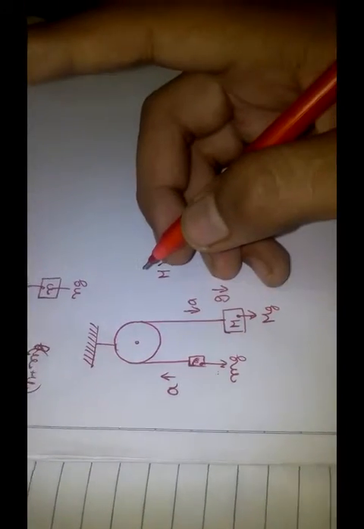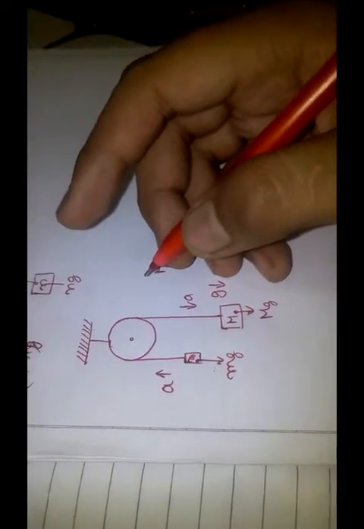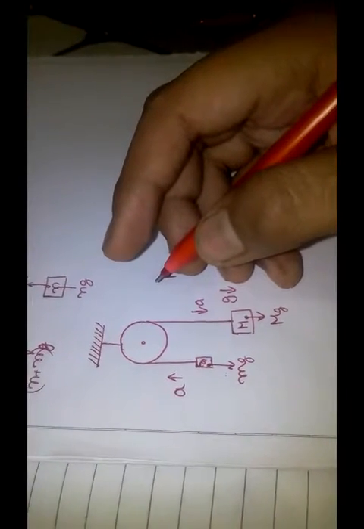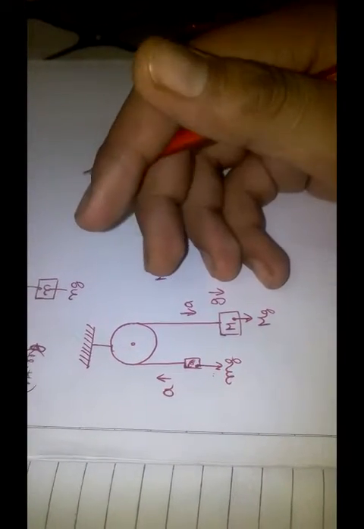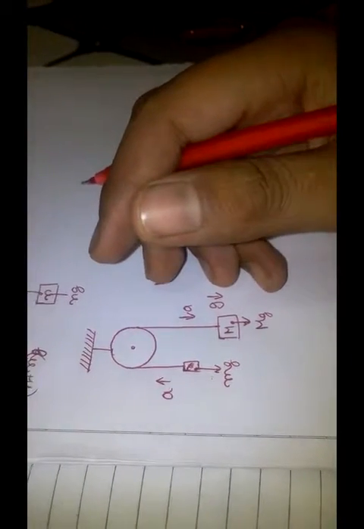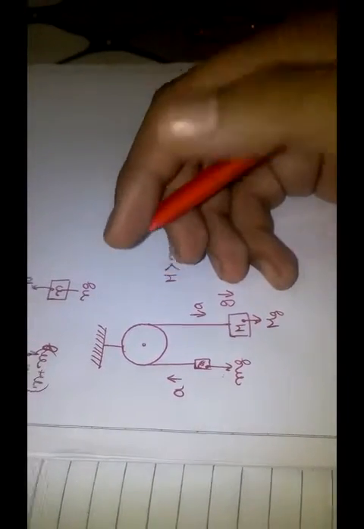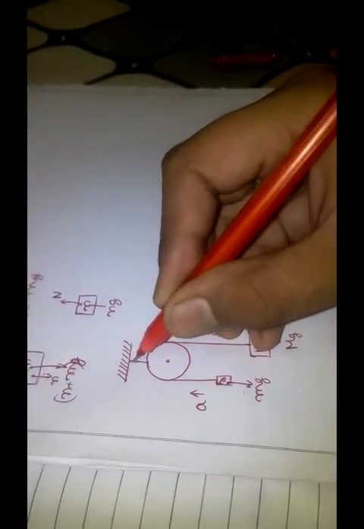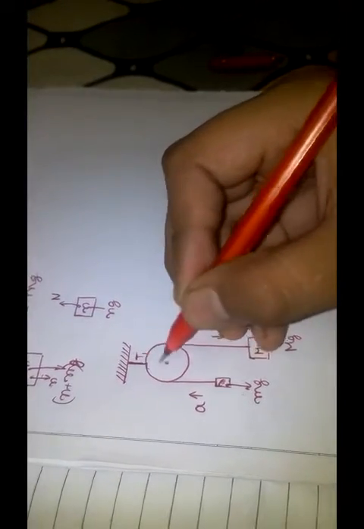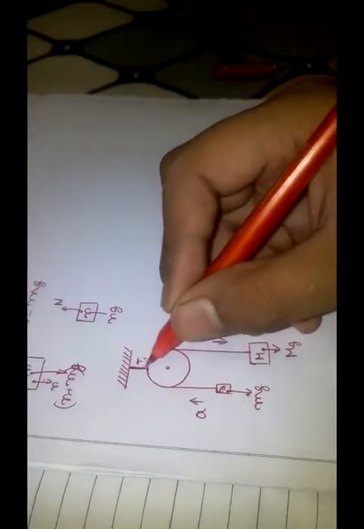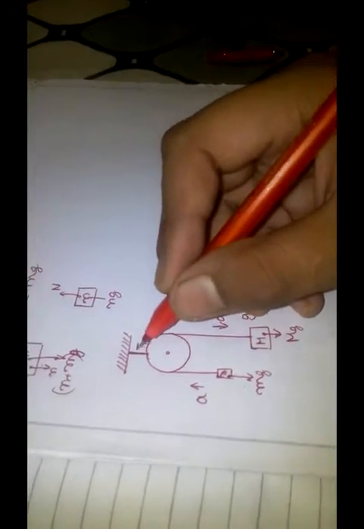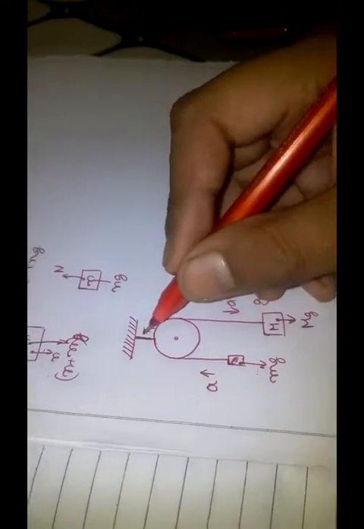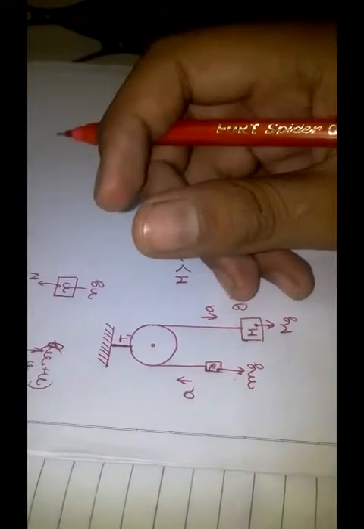One more point to consider is tension. What is tension? Tension is also a type of force. Suppose you mark tension here, then the string stretches because of the mass of these things. This will cause tension. The string will expand, but very negligibly. So what do we have to do to make a free body diagram?